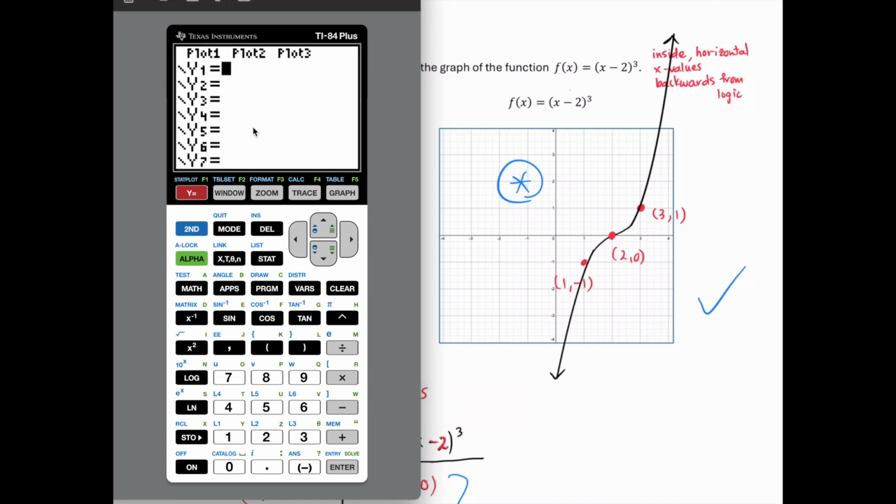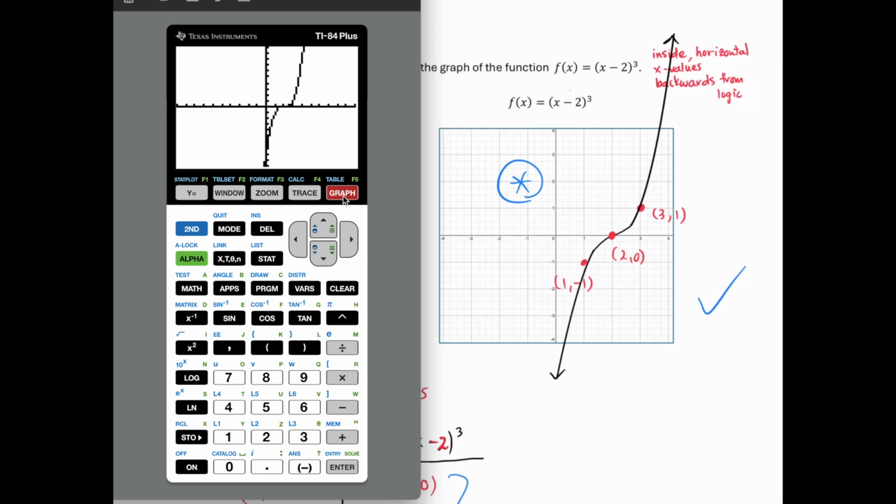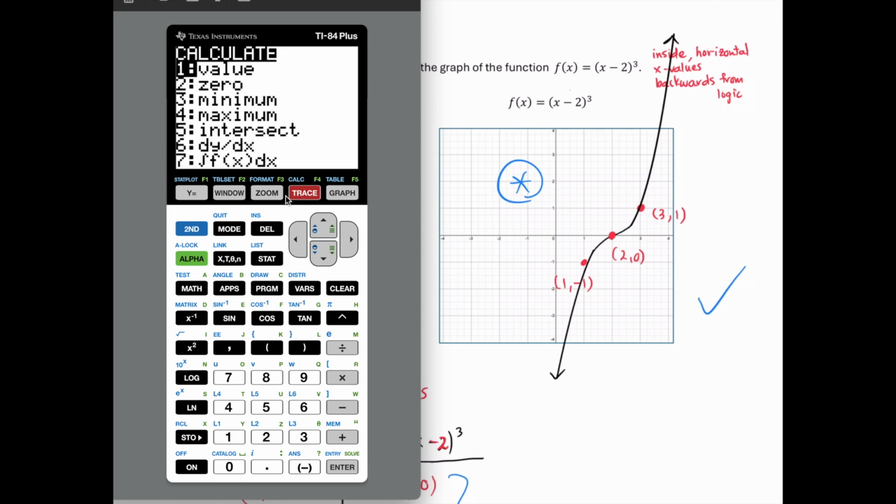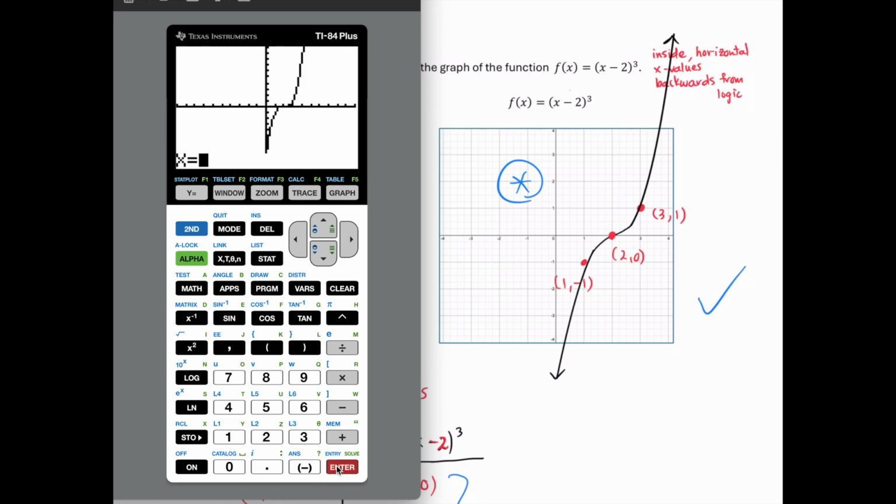We'll input the function y is equal to (x minus 2) quantity cubed, and then go over to the graph. It looks like our graph is in the right place, but we do want to verify these points of interest. So we'll use the second calculate feature. So we say second calculate there, and we'll select the value function, number 1, which enables us to input x